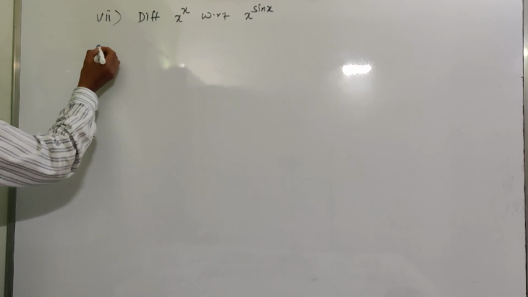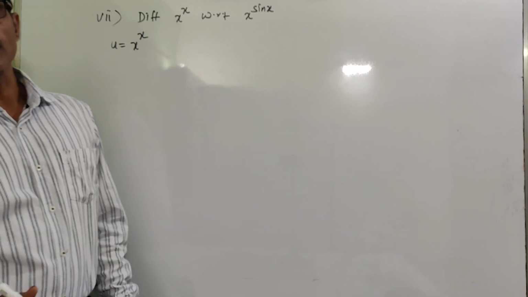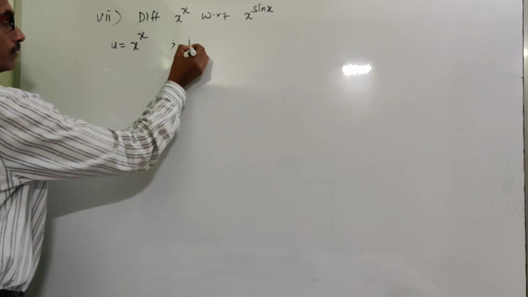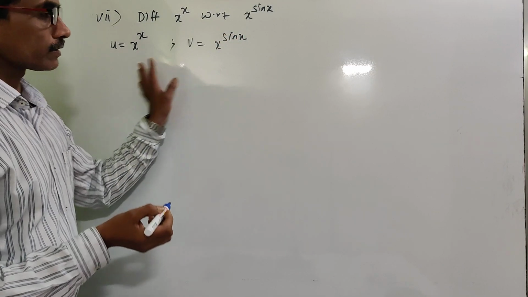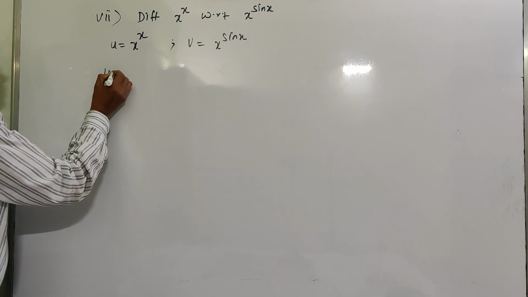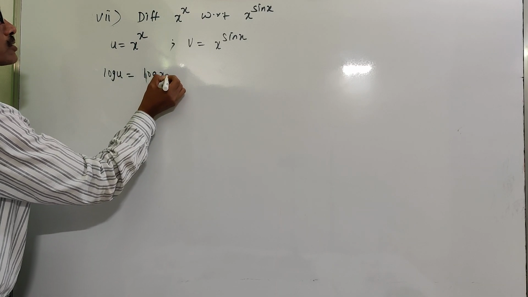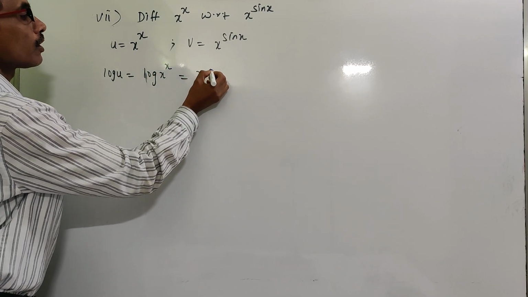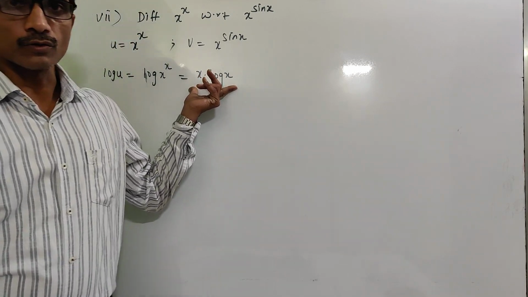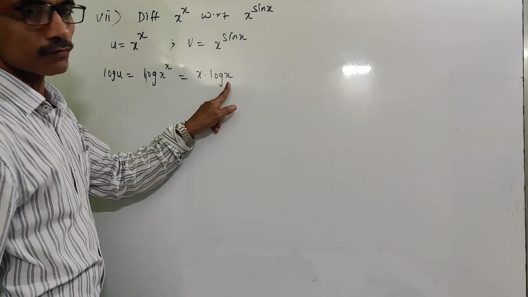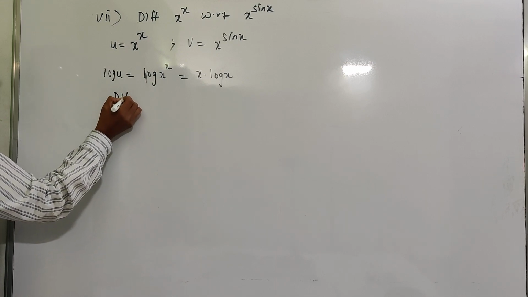So u is equal to x raised to power x. We use logarithmic differentiation. v is equal to x raised to power sin x. Take log of both sides. log u will be equal to log of x raised to power x, which is x into log of x. So while differentiating, we have to use the product rule, that is u derivative of v plus v derivative of u. So differentiating both sides with respect to x,